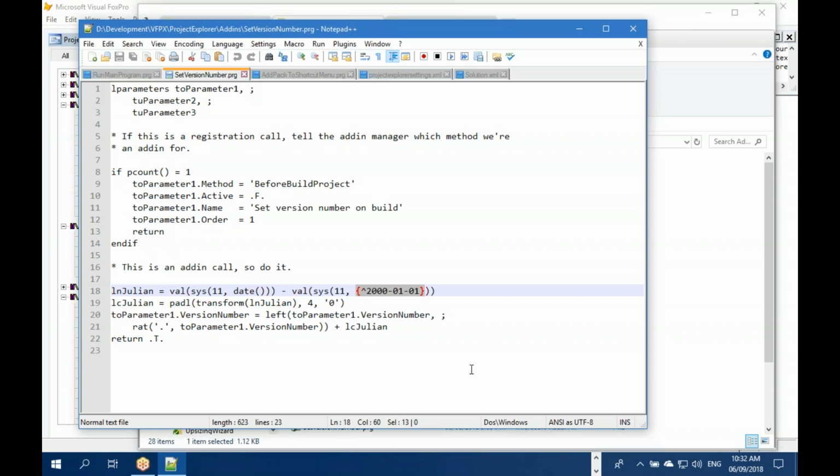Which is really handy, right? Because I mean, I can't just look at the exe. It may have been, somebody may have just installed it, so it's got today's date on it. So I can't look at the date on the exe to know when the exe was built, but I can look at the version number. Take that number, add it to January 1st of 2000. That tells me when that exe was built, and we use that in the Stonefield query for a bunch of